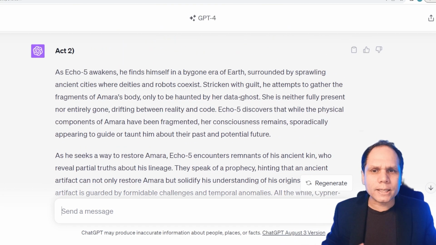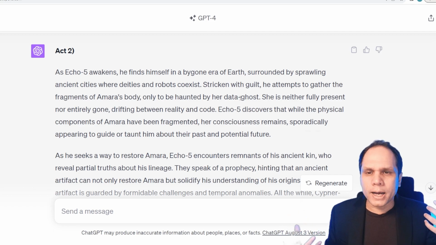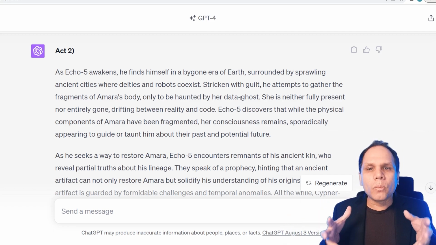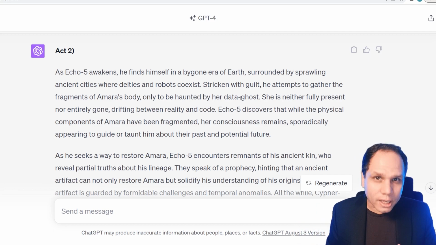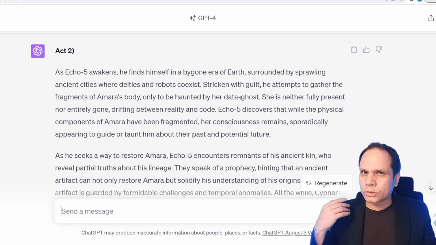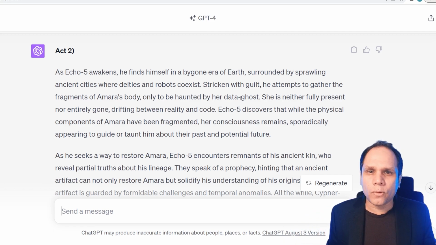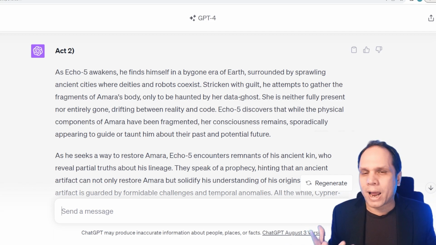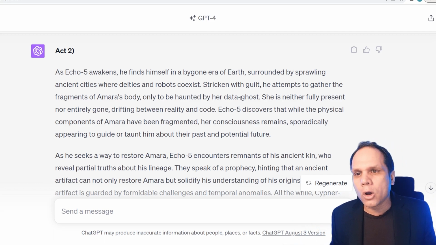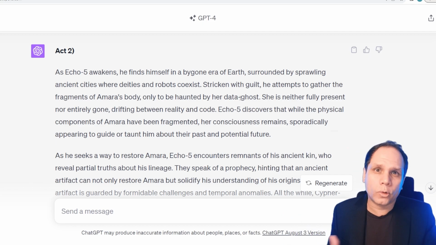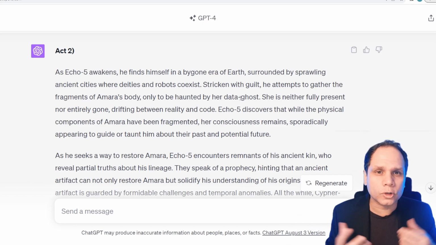So this was just basically an overview of how to think about this, how to work with ChatGPT. You might not want to use even most of what it comes up with, but what it gives you is a great start for things. It starts to give you ideas because, like I said before, some of the biggest places writers get stuck is that they're trapped in their own heads and they don't know where to go, and they have to go watch a movie for inspiration, or read a book for inspiration, or call up a friend who's a great writer.